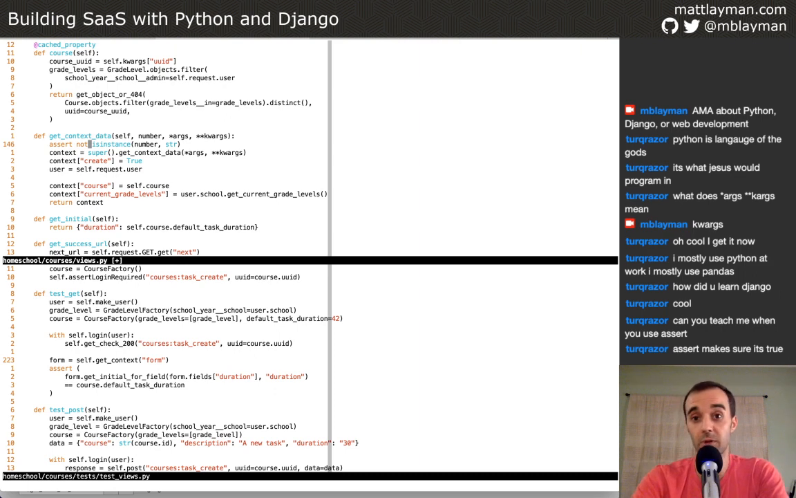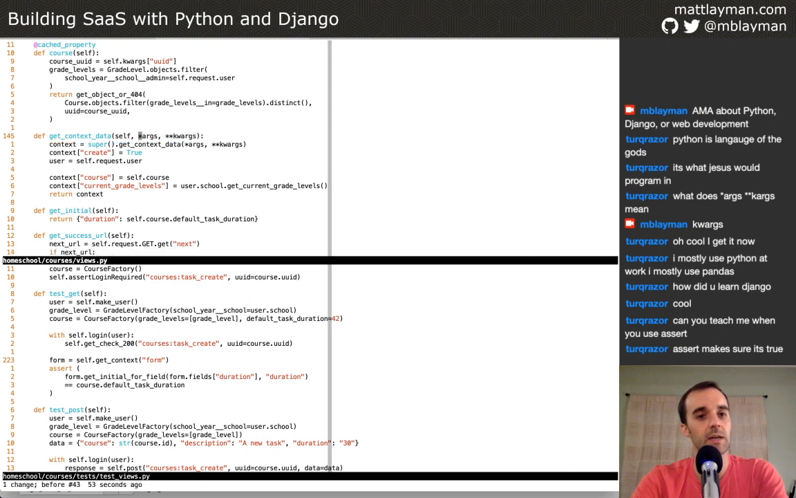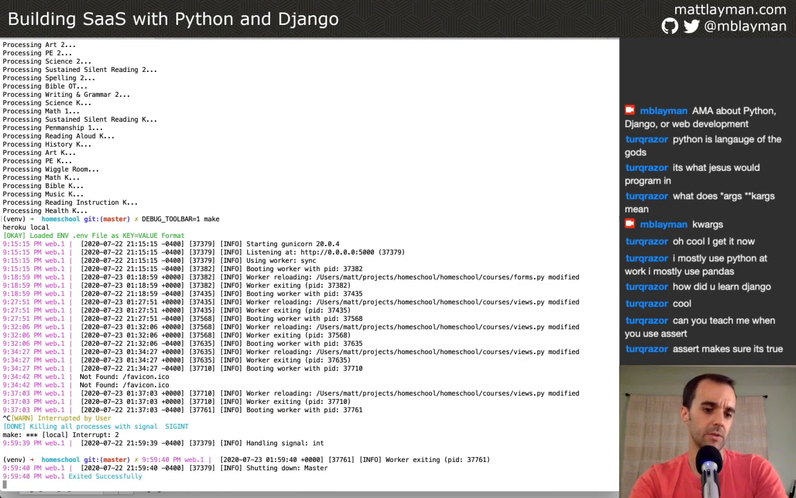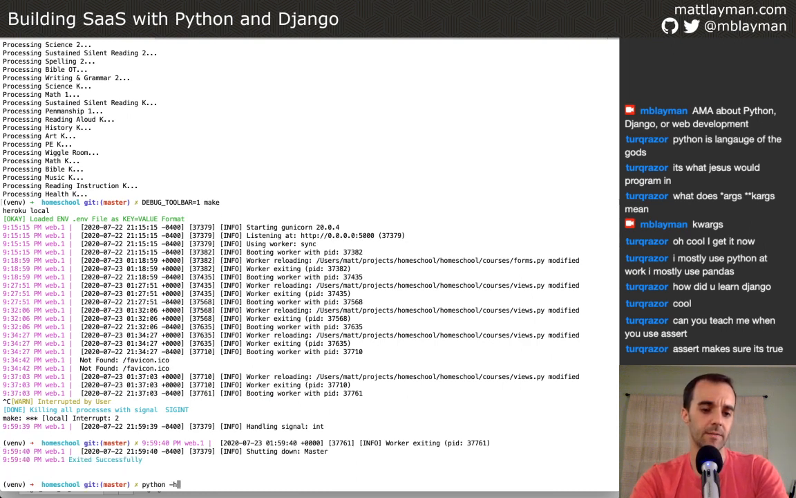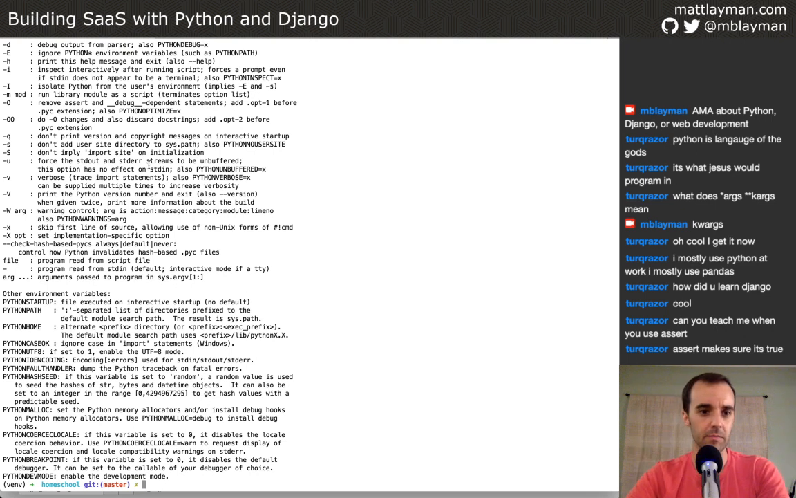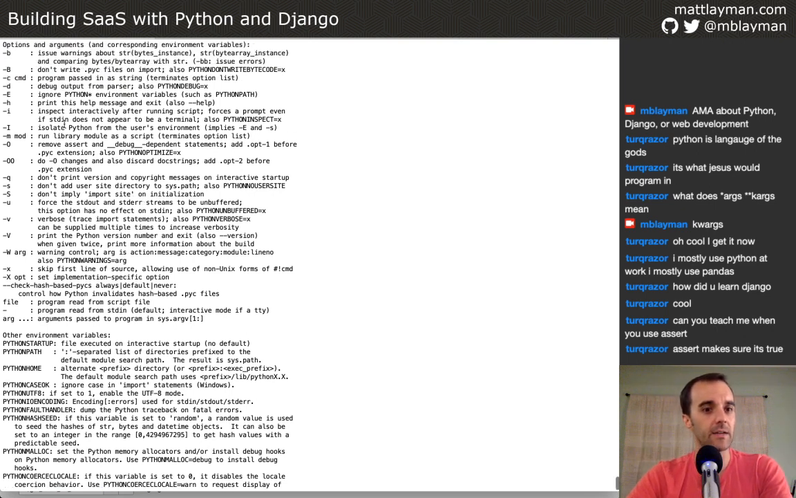The reason that some people don't like it and don't use it is because asserts can be optimized out of Python. You can run Python with a certain flag. So I just did Python -h, and one of these is an optimizer. If you run the code with Python -O, then Python is going to skip over any assert that it